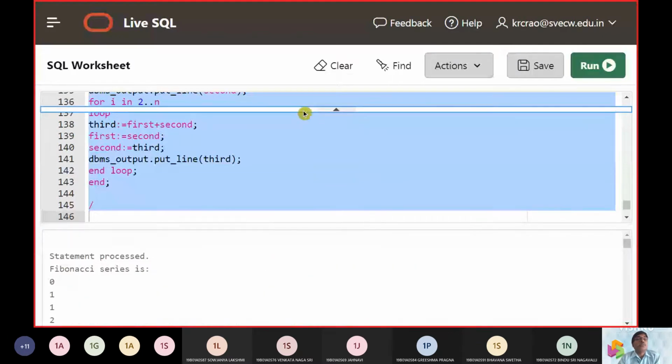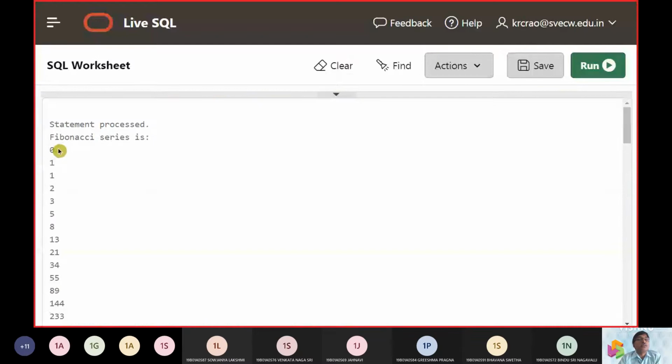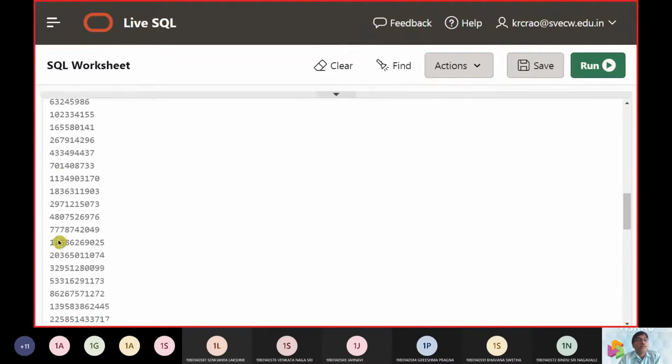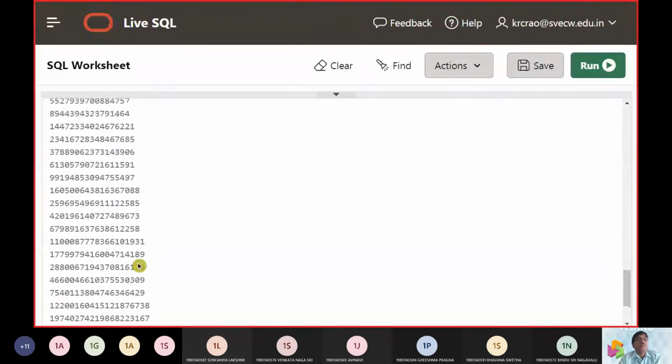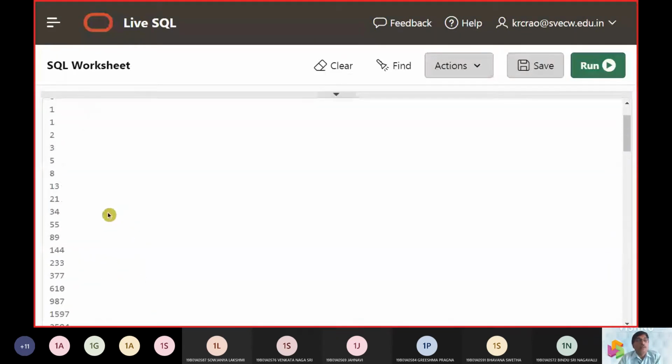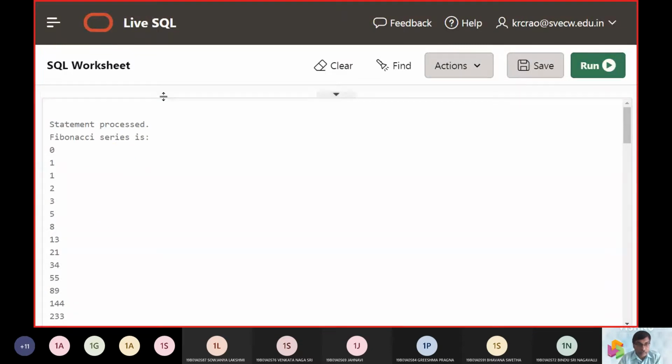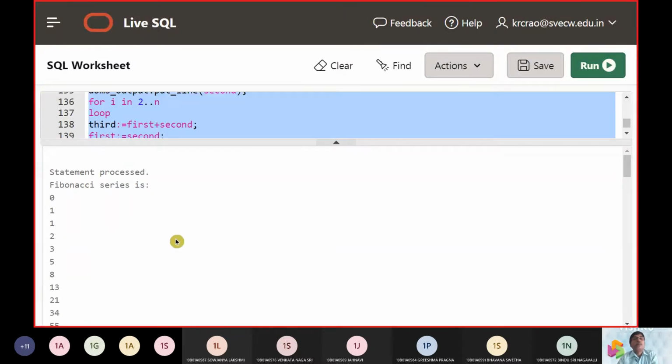Yeah, now you can see the Fibonacci series starts with 0, 1, 1, 1 plus 1, 2, 2 plus 1, 3, 3 plus 2, 5, 5 plus 3, 8. In this way, we are displaying the first 100 Fibonacci series. This is the idea we get from generating the Fibonacci series.